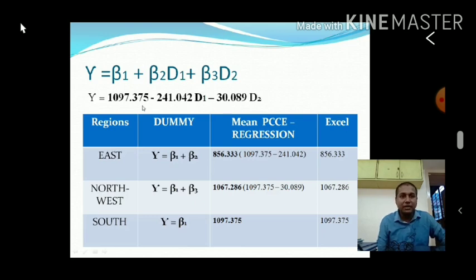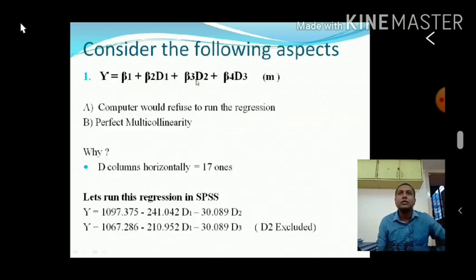If, as in our example, we specifically want the mean per capita expenditure of one region, then we have to deduct and we get the values. Otherwise, just take the regression function and interpret it. In the next class, we'll be discussing the next concept.